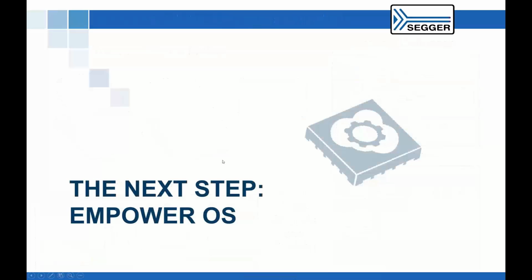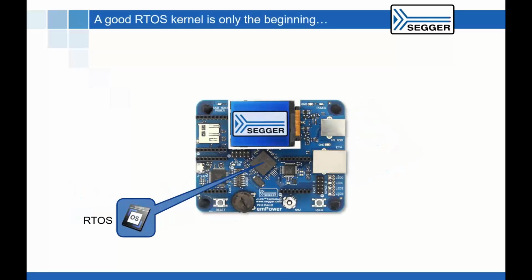And you might say, yeah, that's all very good and nice, but obviously just an RTOS kernel doesn't really help me, because I've got all kinds of other things that I need to enable. I have USB ports, I have an Ethernet port, I need to add an SD card. So this is where